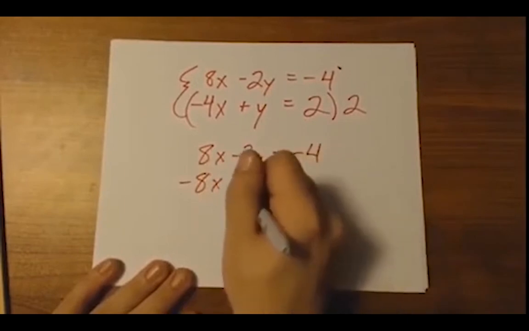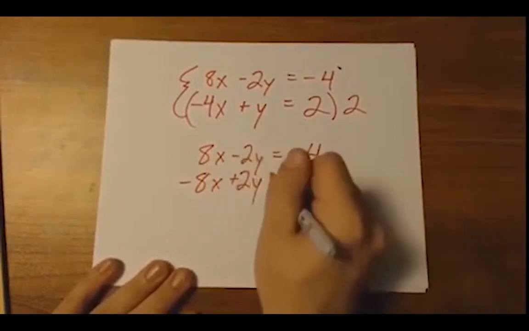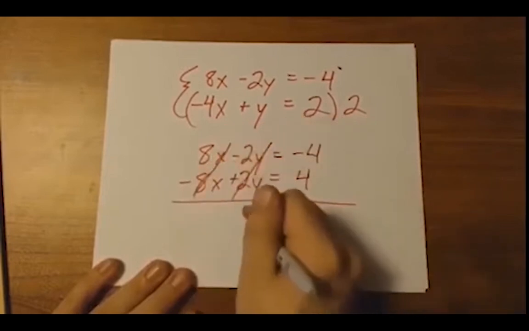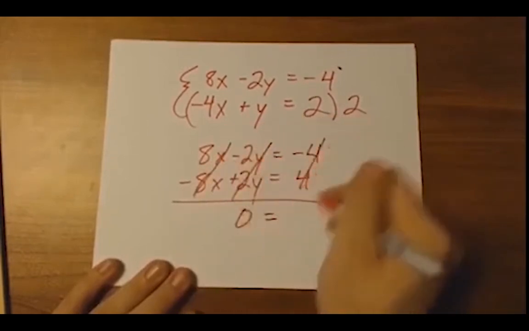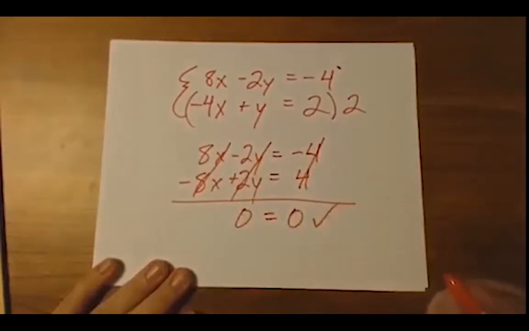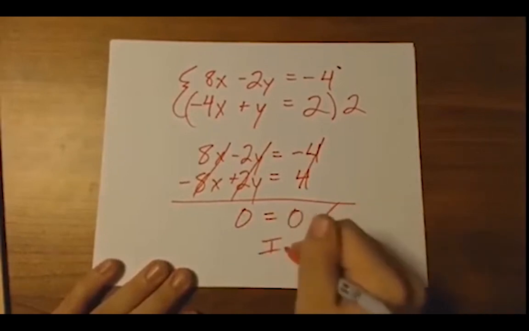Negative 8x plus 2y equals positive 4. Not only do we get 0 on the left, we get 0 on the right, which is a true statement. We have an identity. If it's always true,